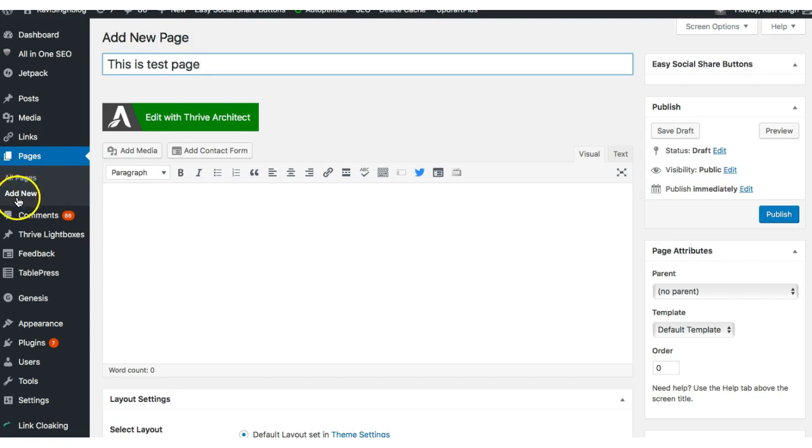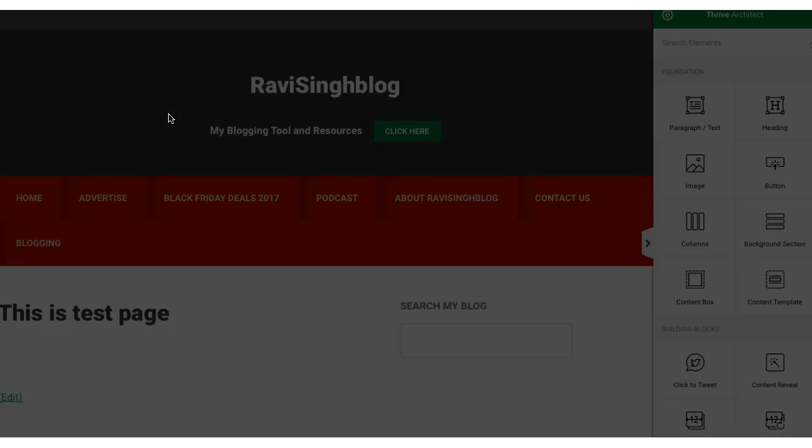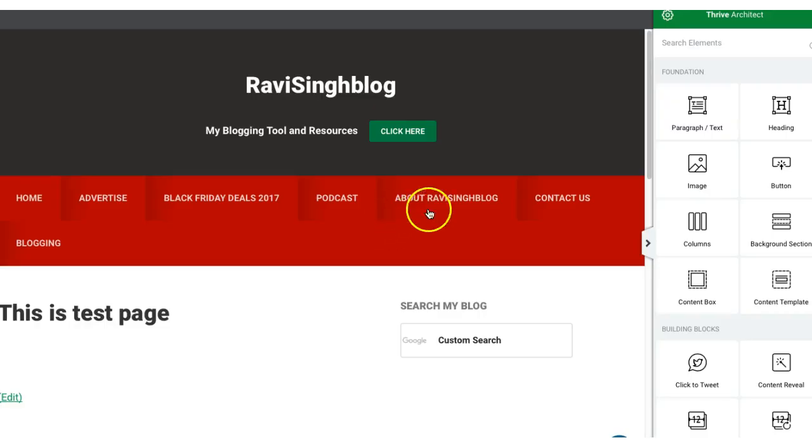You will have to create a new page, and then you need to click on this edit with Thrive Architect. Once you click on that, you will land the same way you landed in the blog post section. You will land for the page. Now this is something different,